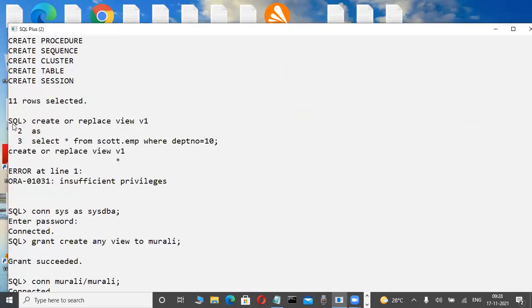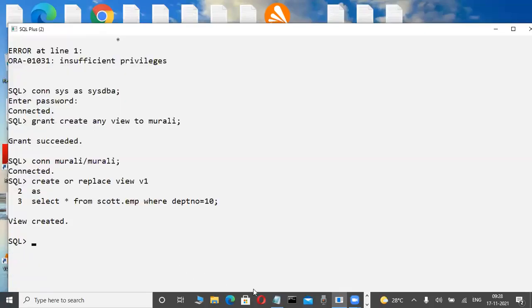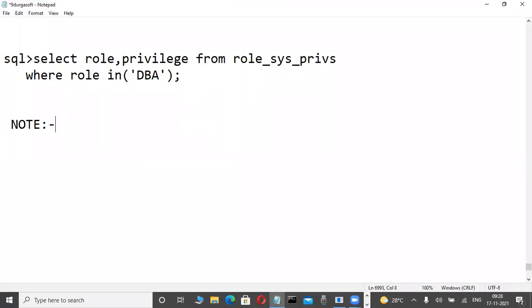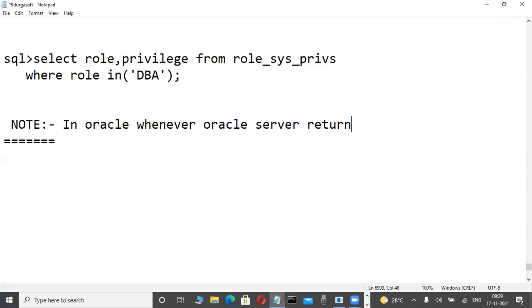Write a note. In Oracle, whenever the Oracle server returns an error, insufficient privileges, when we are creating a view,